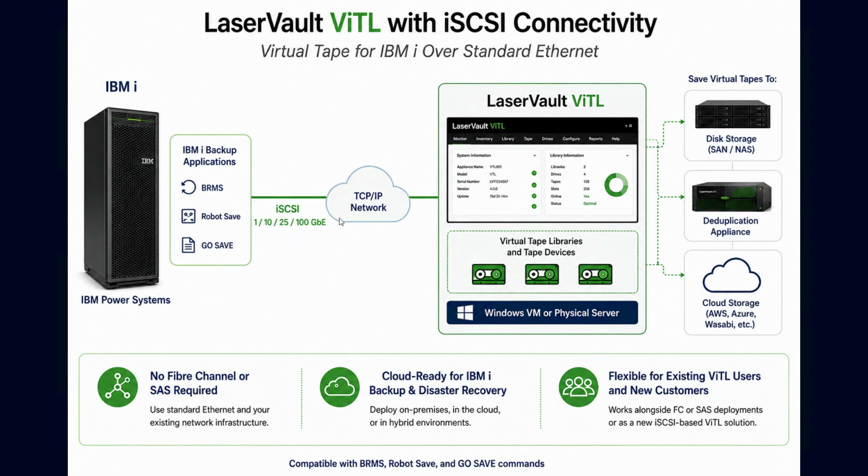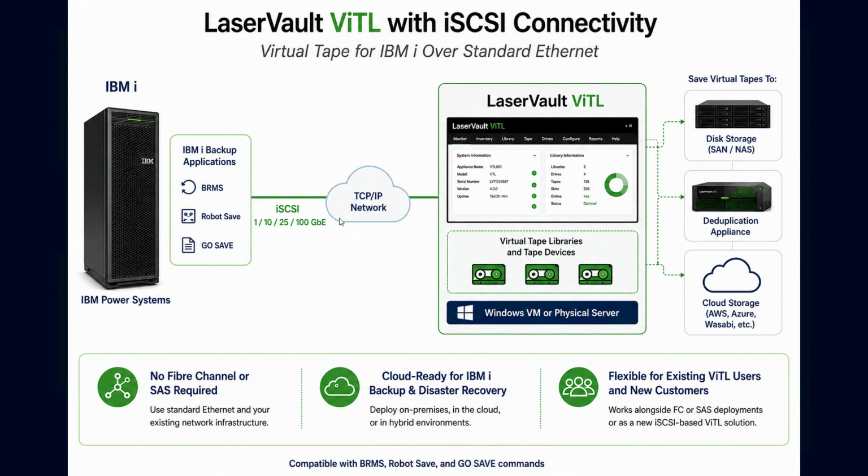So this can easily be spun up in a Windows VM with the LaserVault ViTL software installed in that VM, using your Ethernet connection, having a tape library or tape device available on the IBMI through an iSCSI connection, and then therefore also connecting to SAN or NAS storage for your backups, deduplication appliance, cloud storage like Azure, Wasabi, and